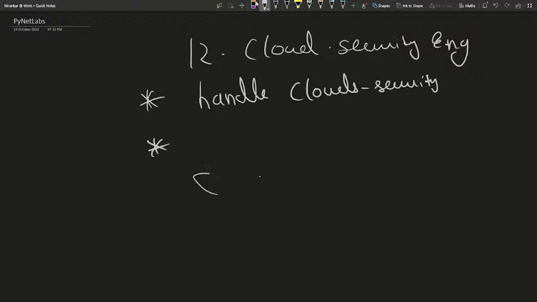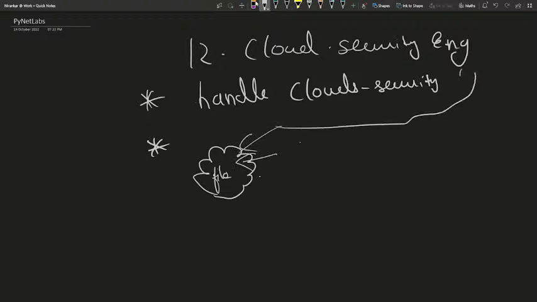So, clouds are basically the places where we store our files. Just an example of a cloud. In layman's terms, there are different types of clouds, like SaaS, PaaS. So those are the clouds. I'm just talking about the cloud. In this we can store files. Now the security is also important. This security is handled by the cloud security engineer, right?